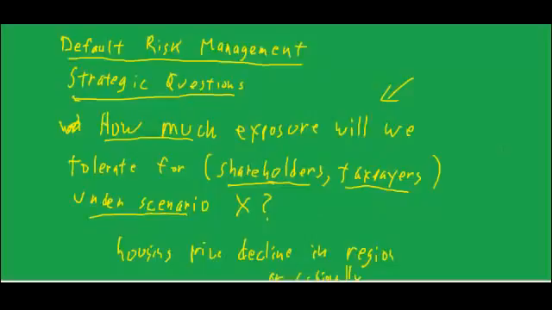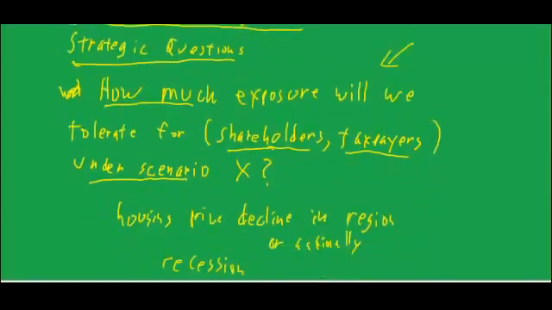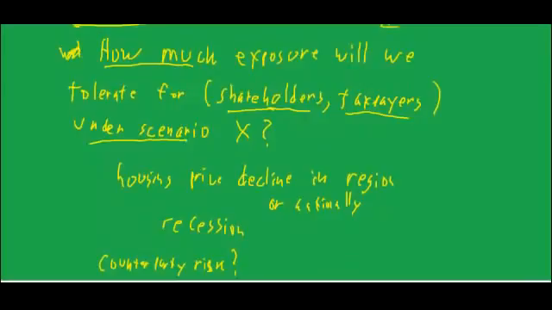And similarly, in the mortgage lending business, where you're bearing risk of mortgage default, you say how much risk would you tolerate, let's say, with a large housing price decline in a given region, or a large housing price decline nationally. And you have to define what your adverse scenario is, and then what your maximum risk exposure will be, and that in turn will set your